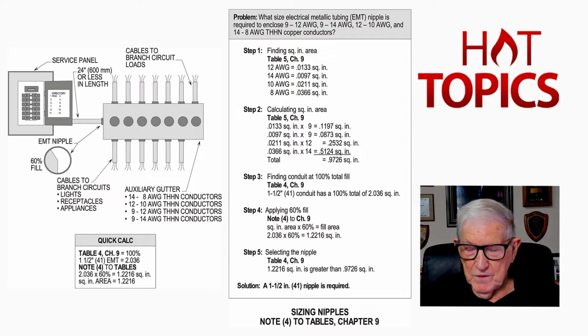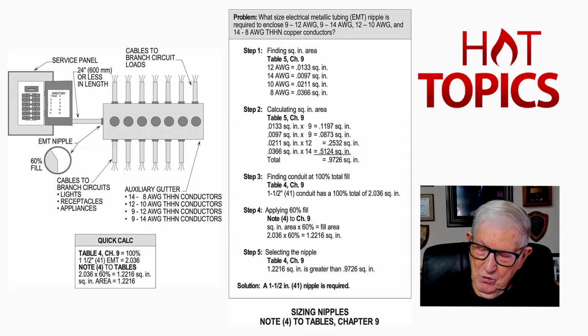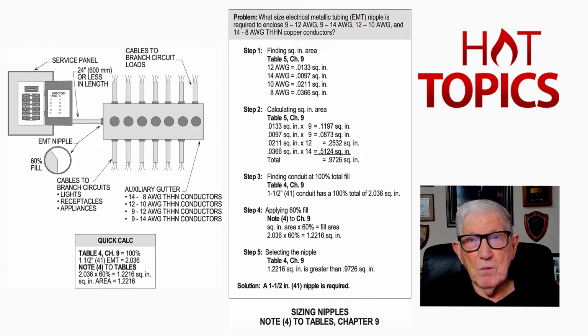Now, we know we get 60%, but before we look at that particular table, let's go over and review page, I think it's 158. Let's just go to page 158. We may have to adjust a little bit here, but going over to page 158 now in your code book, or keep that reference, then notice on the right-hand side of the page, it's 158, excuse me, I gave you a bad page number, I'm sorry, page 158, and on the right-hand side of the page, look at